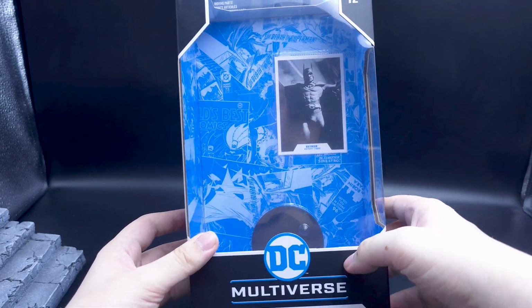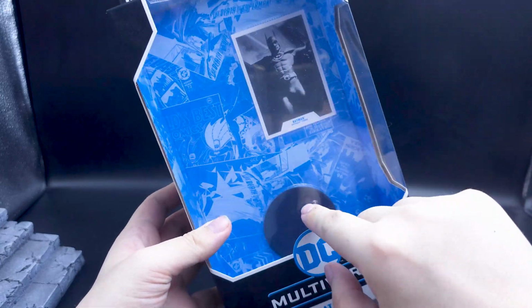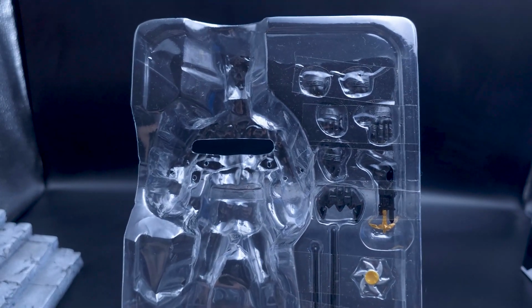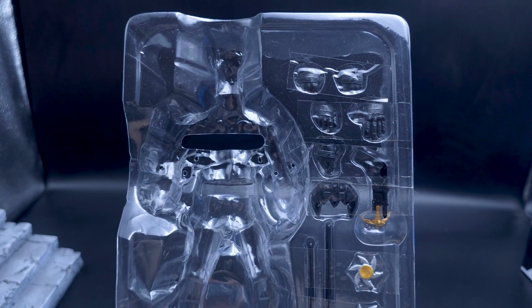Quick look at this 1989 Batman. Black and white card stand in the back. This is one of those boxes that I'm not going to crush up because I might just leave him in the box. I have multiple different versions. I have the S.H. Figuarts, the Mezco, and...